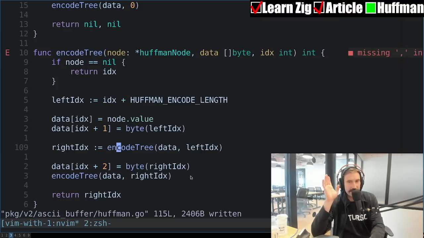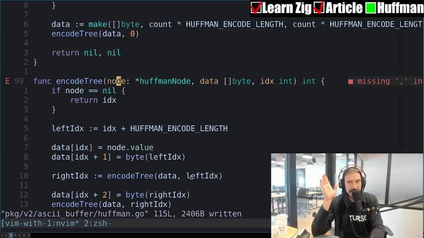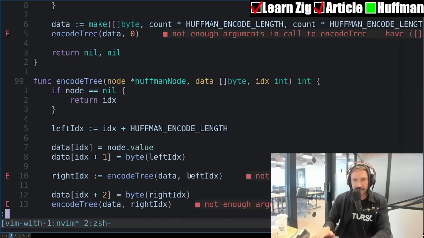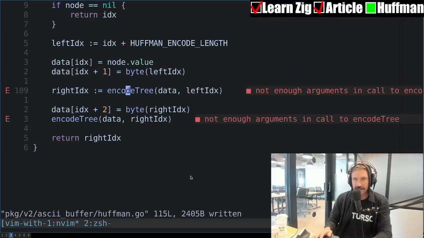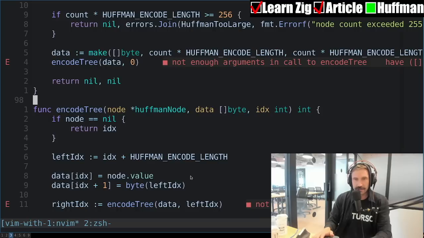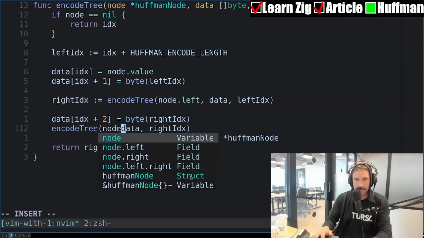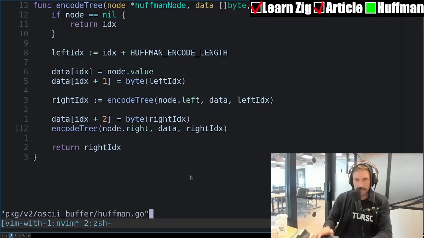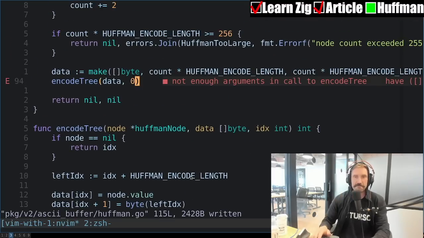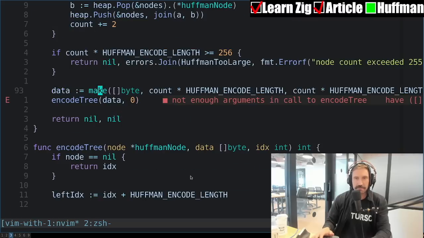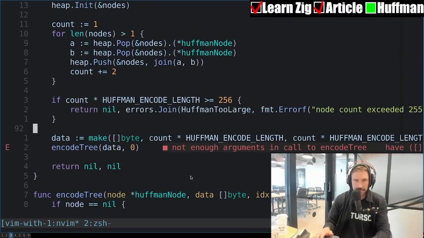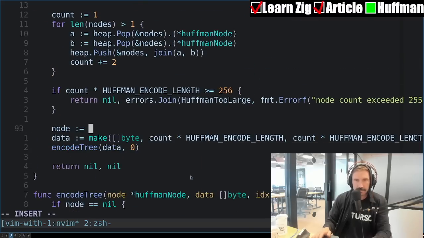Oh, I think this is right. I think this is so right. I think I literally have done this first try. I feel like I've done this first try, and it's so good. It's so good. Now we just pop off the last item in the heap.